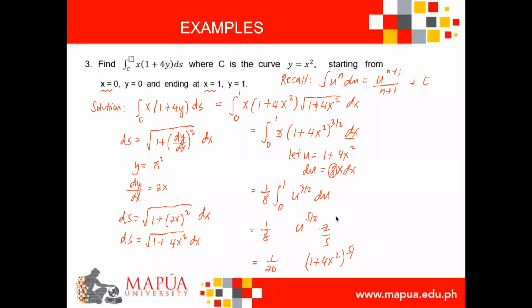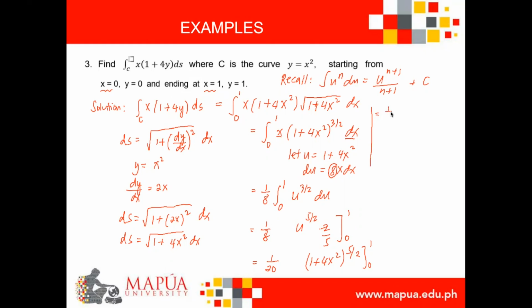So let me again simplify in this manner. So we have here now the limit 0 to 1. So I have already canceled 8 and 2, that will be 1 over 20. Then this is now replacing u with 1 plus 4x squared, raised to 5/2 from 0 to 1. If I'm going to evaluate now,